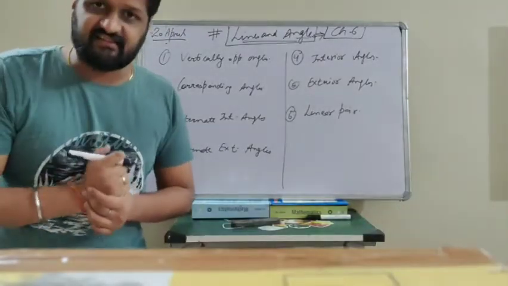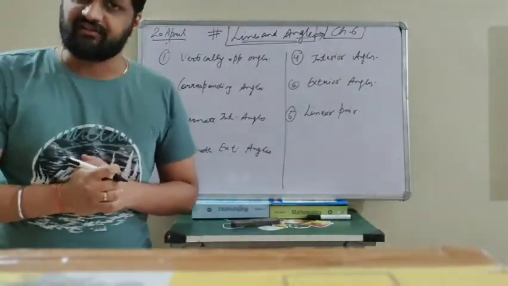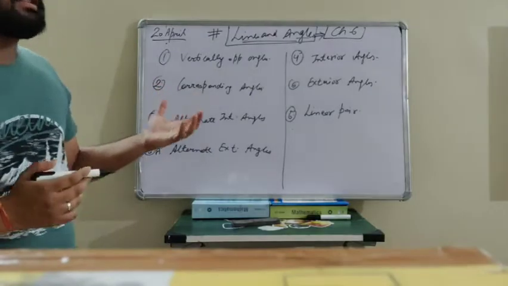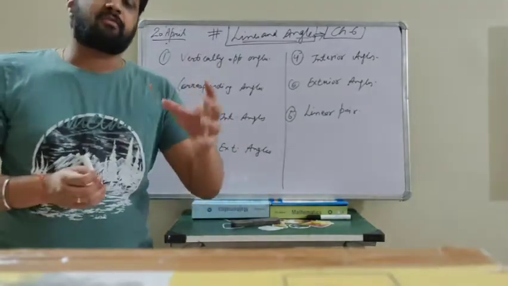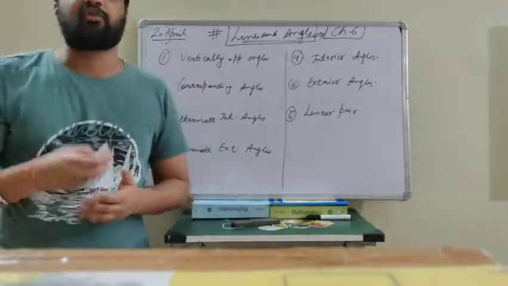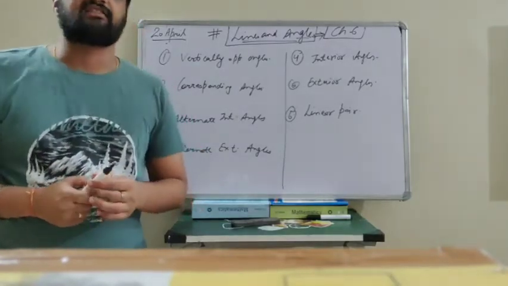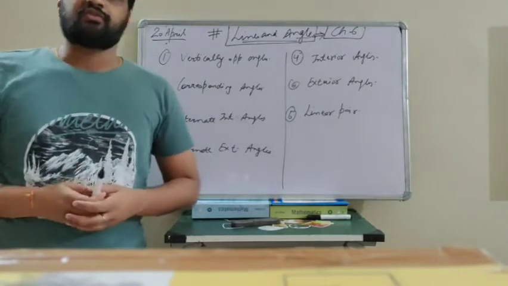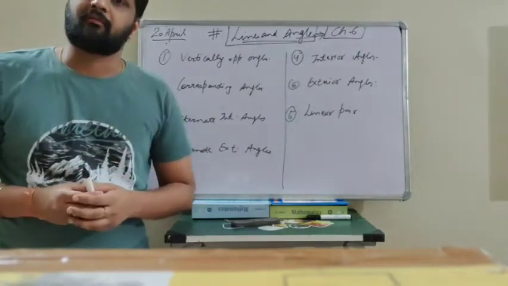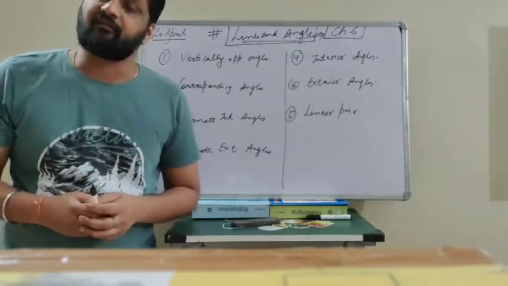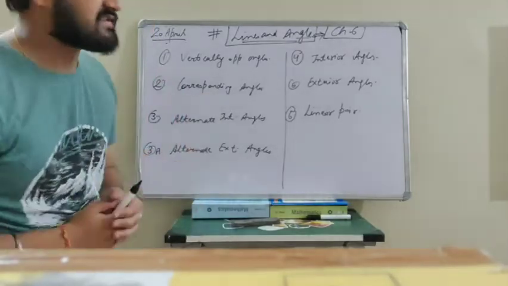We have already discussed these angles in the previous classes as well. So you have to discuss all these again. You have to remember all these angles again, because we are using this in the coming exercise, that is 6.1, and these are very important, very easy concepts. So you have to recall again all these different types of angles. So let's start discussing this.